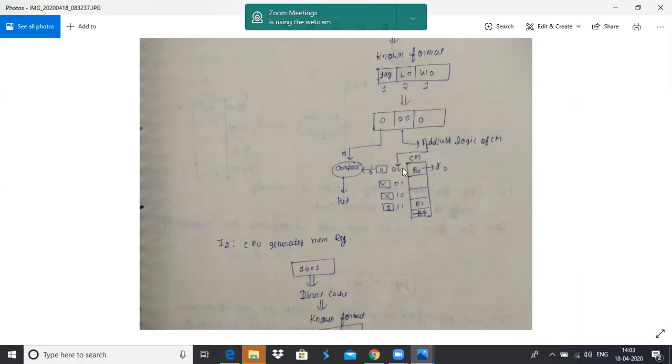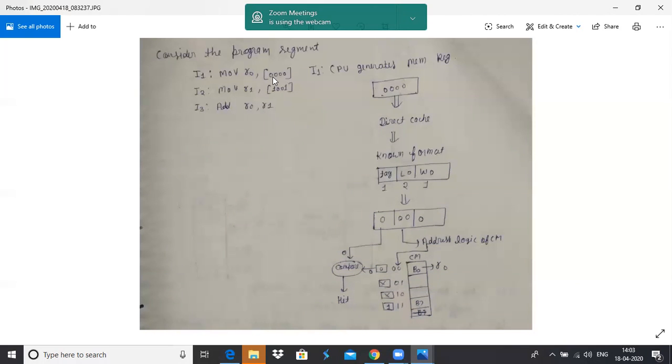After performing the operation on the B0 block, the CPU generates the request for the B4 block of the main memory. First it will be checked in the cache memory, but the cache memory does not contain the B4 block because it contains the B0 block at line number 0. So the reference will be forwarded to the main memory, and the B4 block will be transferred to the cache memory.